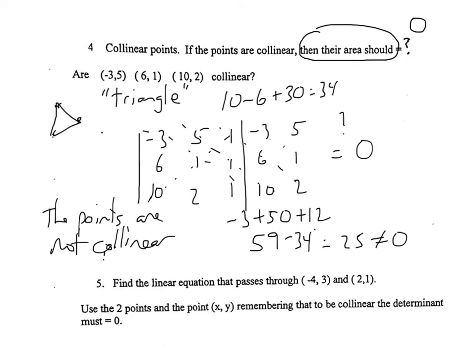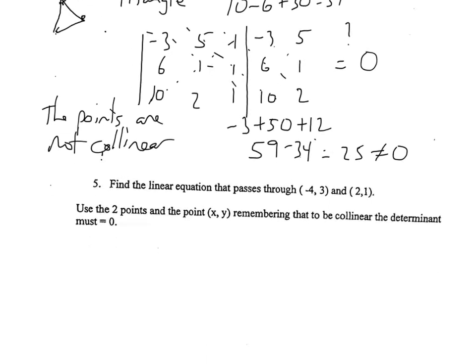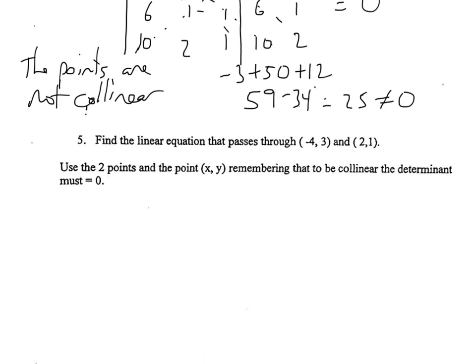And the last thing, going off of that even a little bit farther, we're going to use that same idea, same concept. It says, find the linear equation that passes through these 2 points. And again, we already know how to do this. This is just applications of determinants, things that you can do with them. Are they always the most efficient way? No. But what a lot of math is just providing you different opportunities and different methods to solve similar types of problems. Take when you solve a system and we teach graphing, substitution, and elimination. They all get you to the same place, but it's just different routes and different avenues,